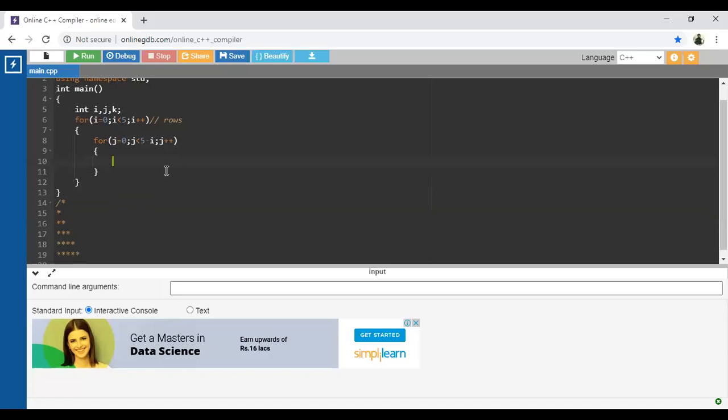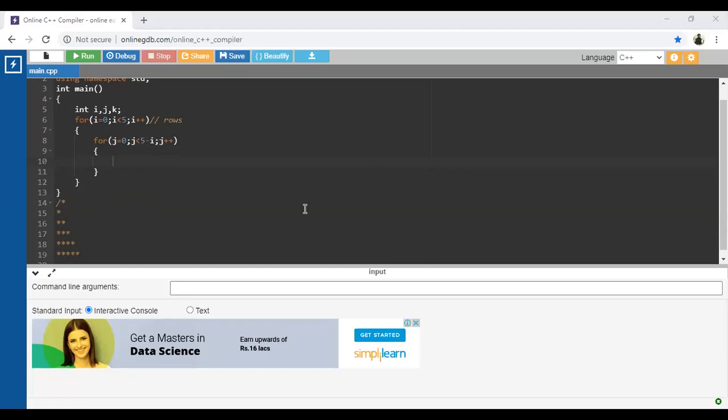Guys, just check. Listen, first of all, what are you going to display with the help of this? What is the use of this for loop?